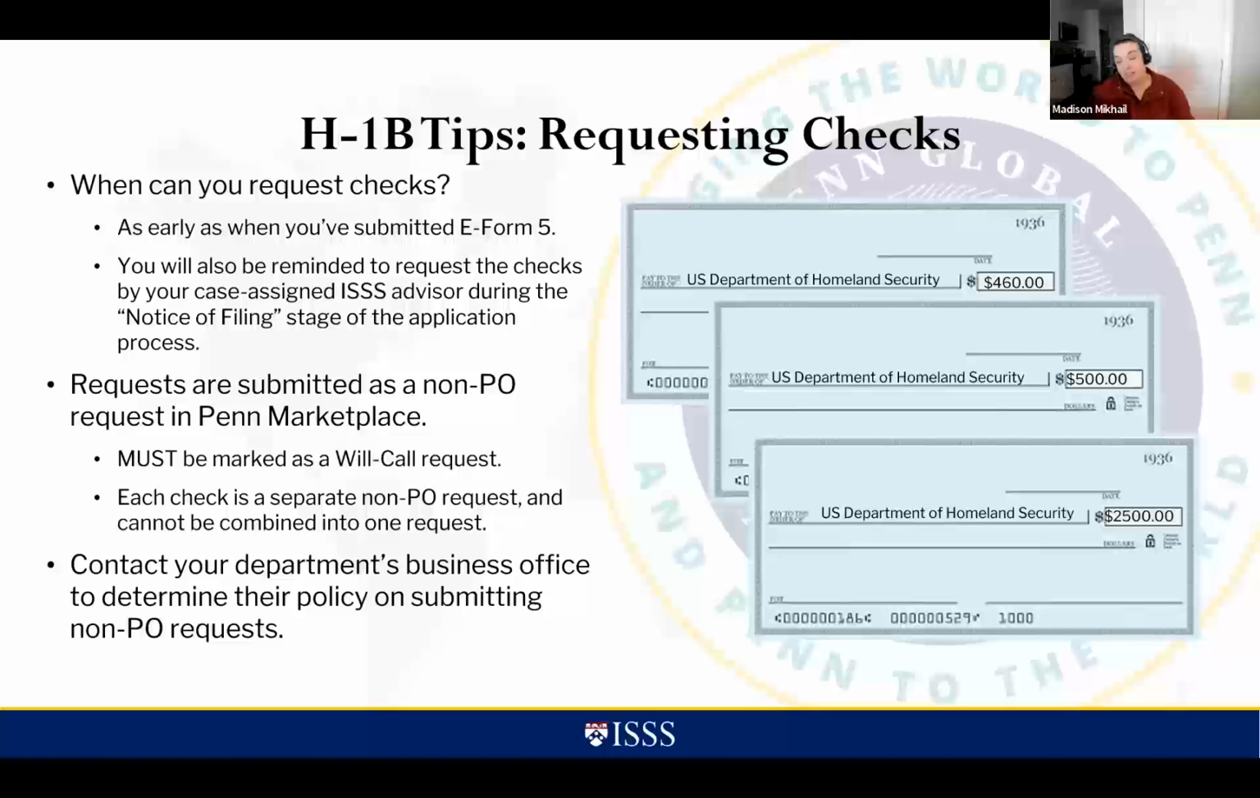Because that is what gets printed onto the check. Now, we've been noticing, and I can understand if it's the wording, especially if your department needs more of an identifier of what this check is for. We've seen that you're doing great with putting the first and last names of the employee, but we're seeing something like, for example, H1B for this person or premium processing for this person. Even though in the non-PO there is a pretty generous character limit,